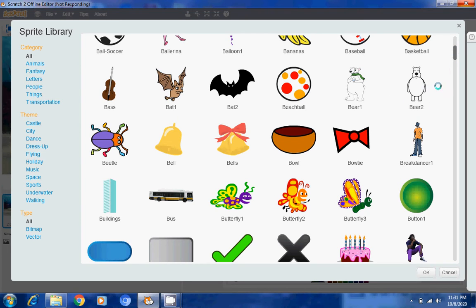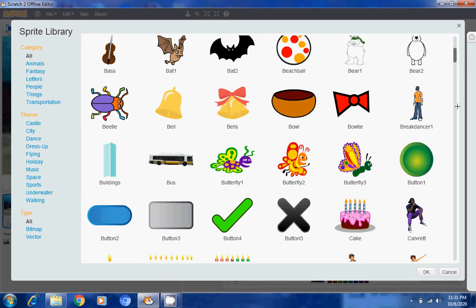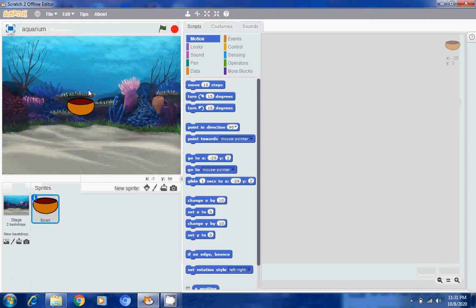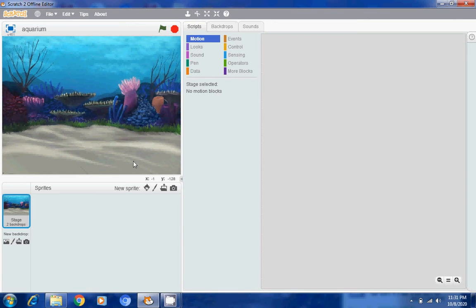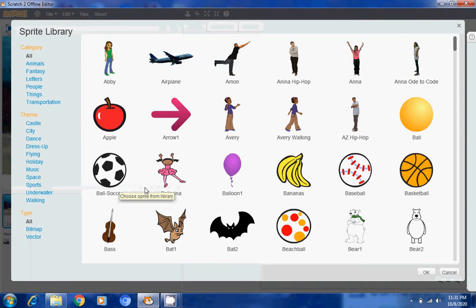The symbol is showing you the processing. We will come down and find F. By mistake I clicked on B, bowl, so I'll have to cut it. It can happen while creating a project. Again I'll go to fish and take fish from there.